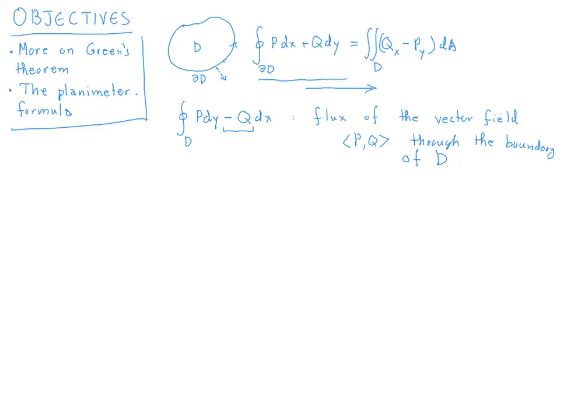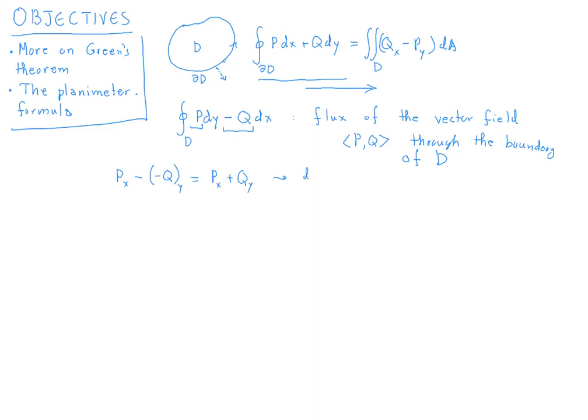And the old Q is what is sitting right here. So what are we supposed to do? We're supposed to take the old Q and differentiate it with respect to x and subtract from it the derivative of the old P with respect to y. So this becomes P sub x plus Q sub y,